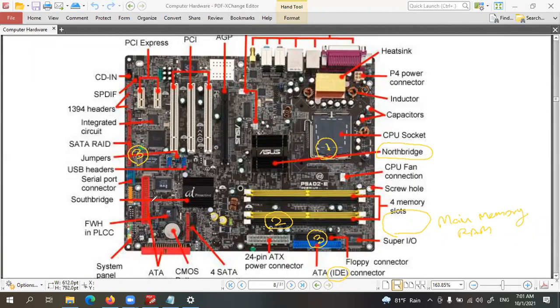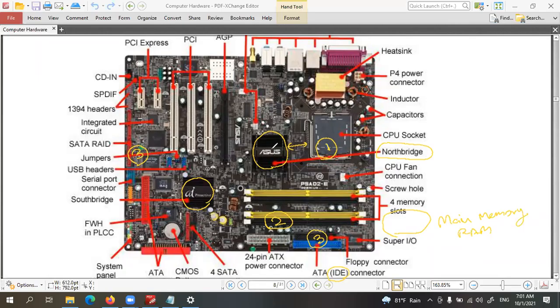Then children, you can see this south bridge and north bridge. North bridge is closer to the CPU. So these are the ones which coordinate data communication inside the motherboard. These are also chips, microchips.